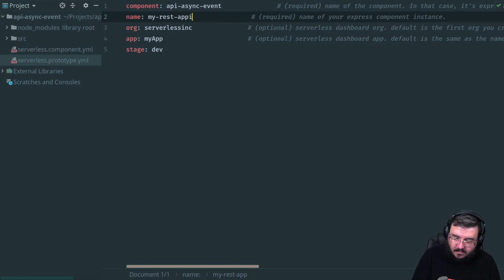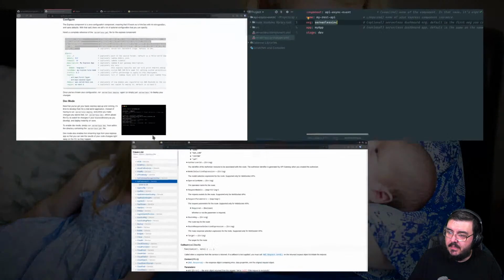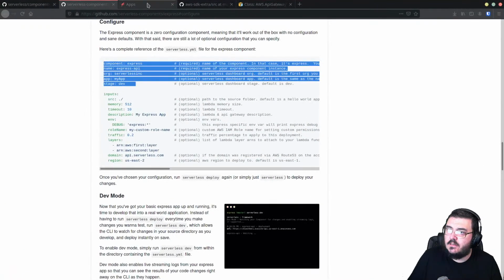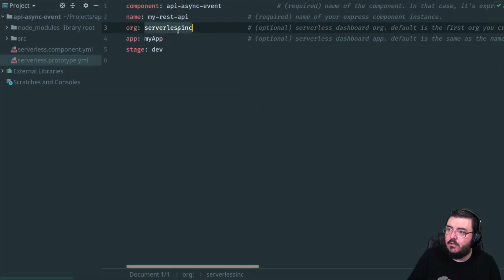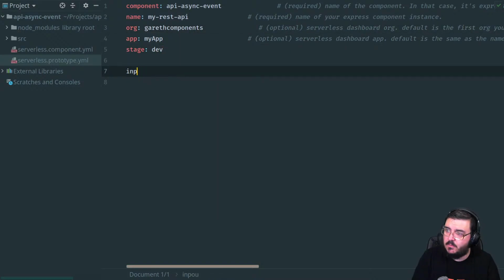That's sort of immaterial. Org is going to be the org that I set up earlier, but this will be whatever org you use in your dashboard. This could be whatever your org is, whatever your app is, whatever the stage is. And then we have our inputs, and this is the specific configuration that we need.